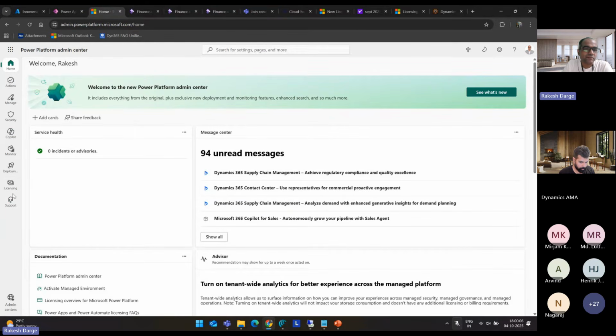For today's discussion, I will just stick to licensing and the managing app. However, you can explore the other stuff like support. If you want to raise any support tickets, this is a hub for you to create support tickets and all. Okay, so I'll start with the manage first, and then slowly and gradually I'll move on to the licensing aspect, and we will see how that licensing aspect looks like. What I just talked about, the capacity-based licenses in correlation with the October 2025 Dynamics 365 licensing guide.